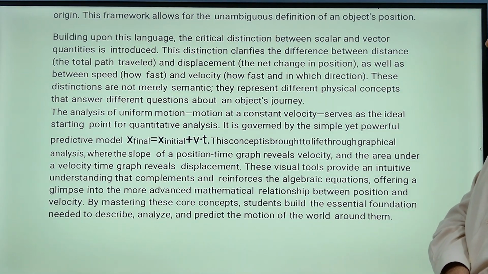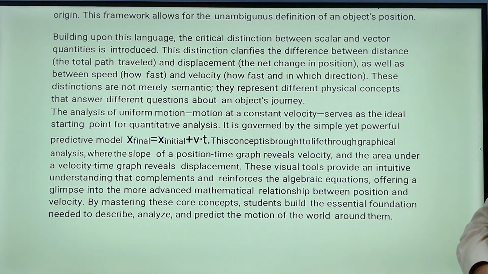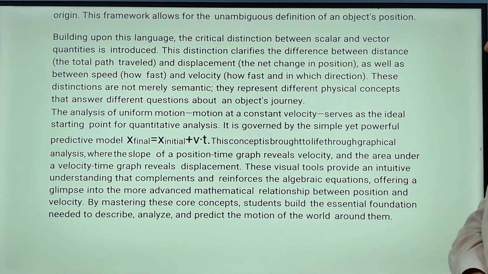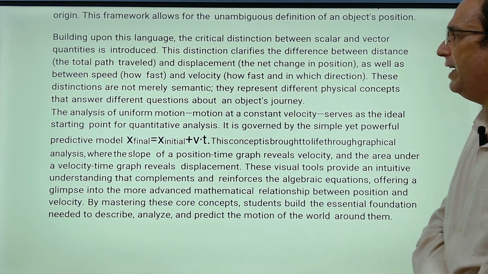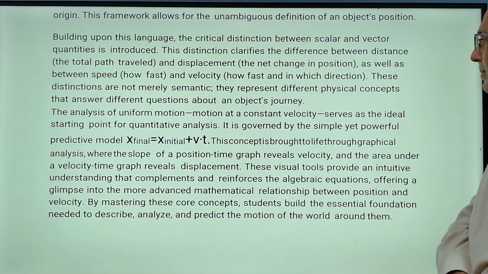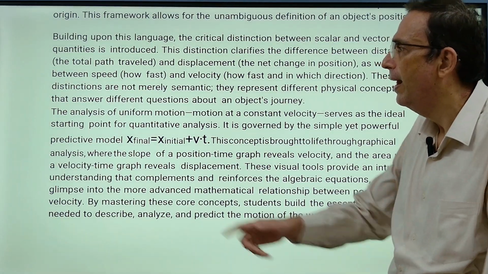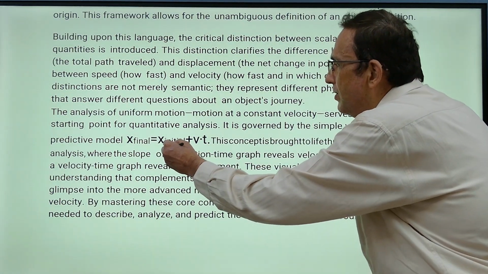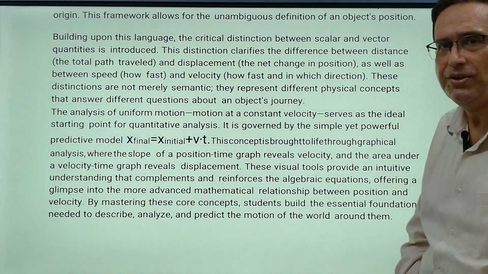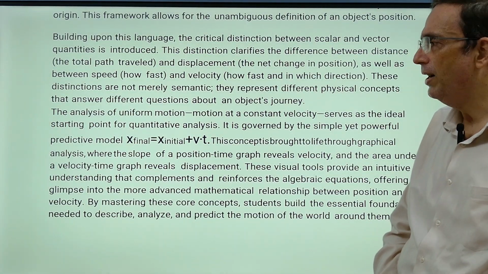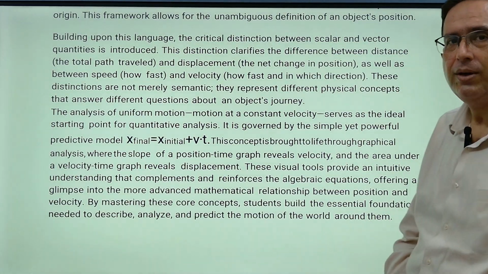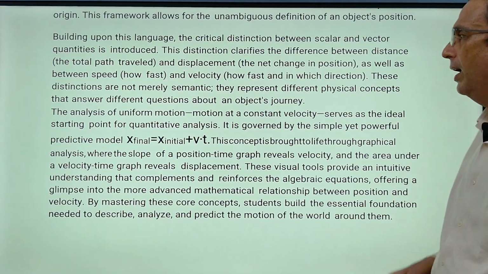The analysis of uniform motion, that is constant velocity, serves as an ideal starting point for quantitative analysis. It is governed by a simple yet powerful predictive model. This is the predictive model: x final is equal to x initial plus vt, the first equation of motion, uniform motion in one dimension. So this is the first encounter with the predictive model here. And then